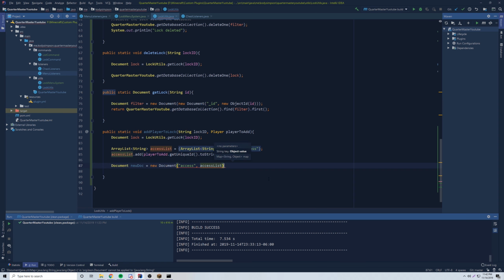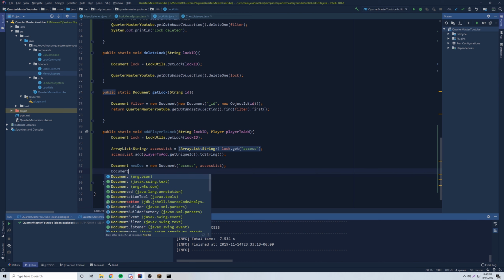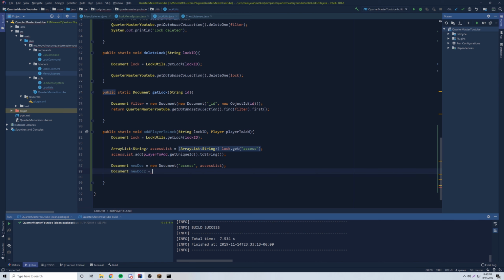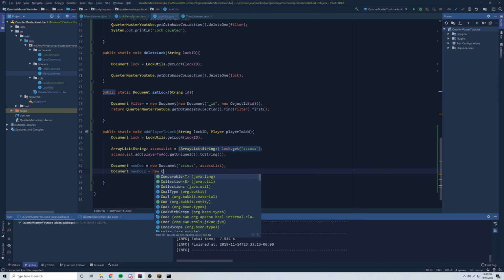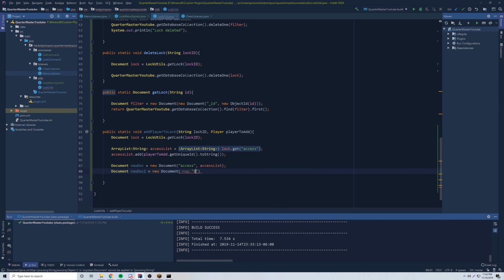It sure was a pain in the butt. But access list, so we're basically just making a document or a BSON representation of this array list that we have here. That's all we're doing pretty much. And now we're going to make another document called new doc2, which is going to represent, I don't know why you have to do this, but you have to give it a special name, $set, and this is what allows us to update it somehow. So set new doc. So we're just passing in this document, which represents the array list, into this document here,